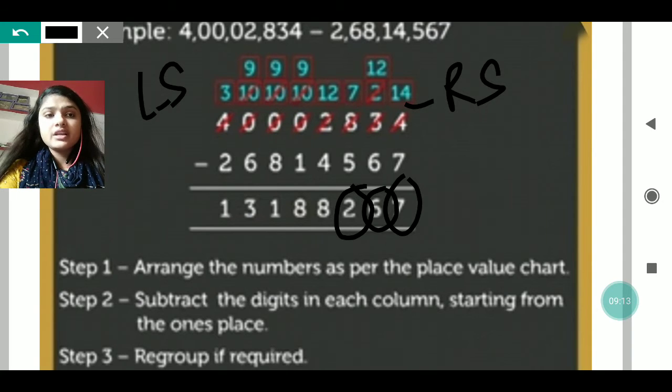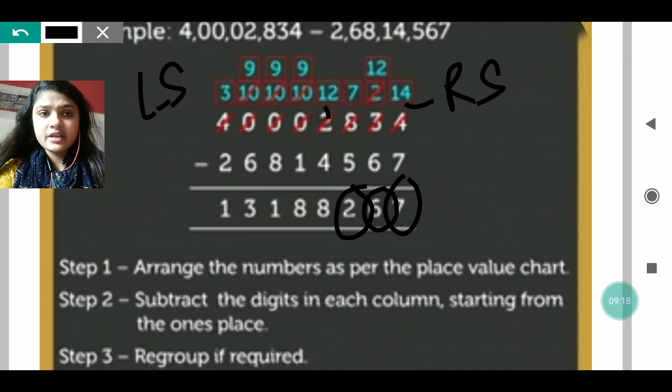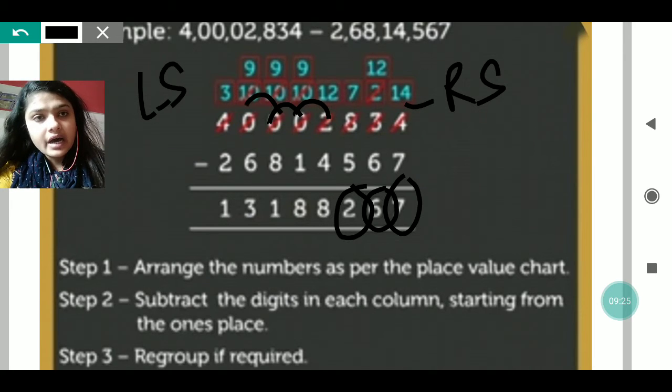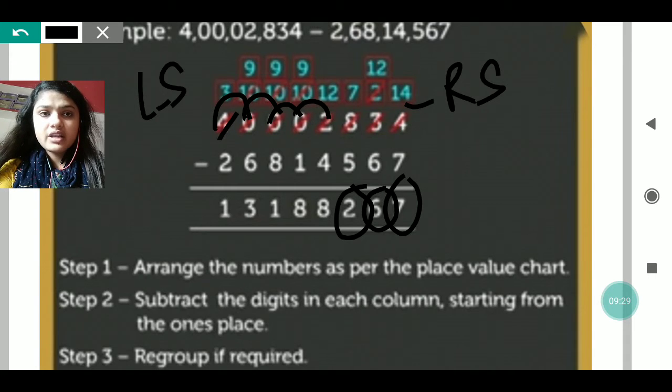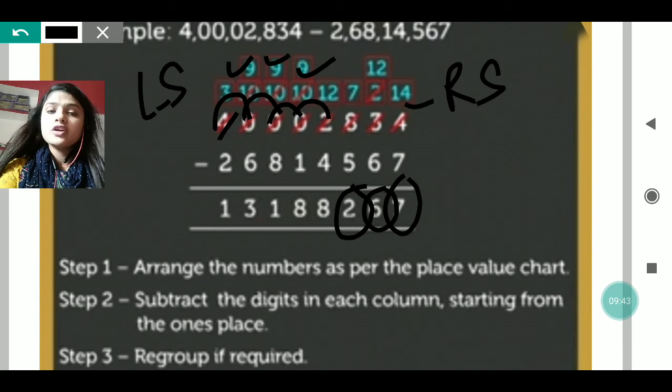Now it is written 2 minus 4, which is not possible. So 2 will go to the next number for taking a carry, but here it is 0, so 0 cannot give. It will go again to the next number. Again it is 0, it can also not give. Again it is 0, it can also not give. So it will go to the next one. So 4 will give 1, then it will become 10. From 10 we will take 1, then it will become 9. From again 10 we will take 1, it will become 9. Again it is 10, then we will take 1, then it becomes 9. And now 2 has become 12, because it took 1 from the 10.